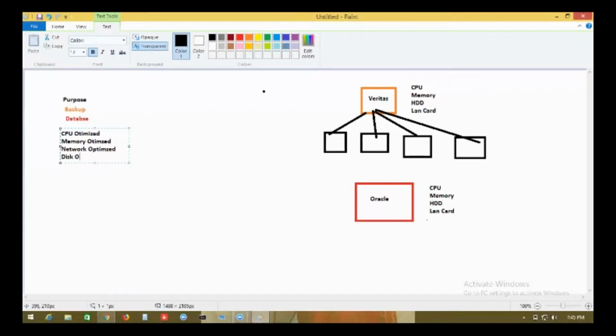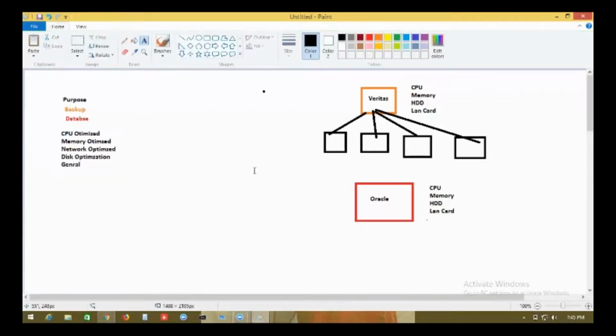Or you do not have any specific purpose, you are just doing it for testing, so you say I have nothing special, so give me a general one. Please remember that in the market everything comes differently.